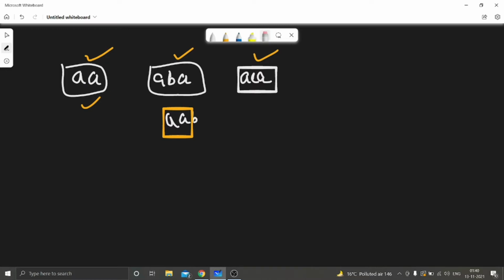We don't have to check AAB. Similarly, let's say BAA is present. In BAA also AA is present. That means we can just get length 2. Why would we get length 3 in this case? So these permutations don't work.